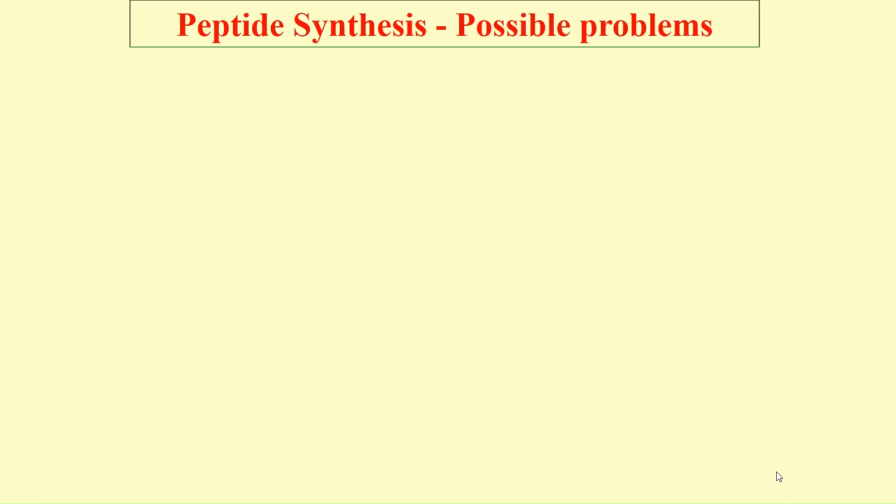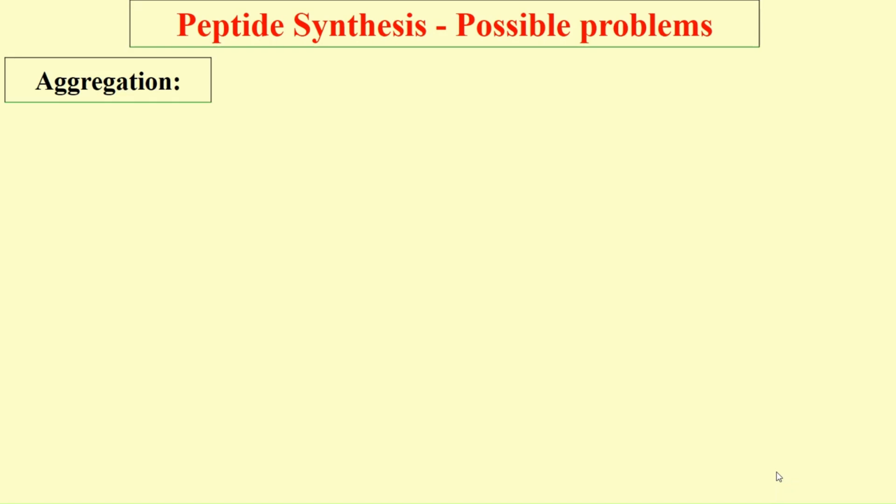We are dealing with the synthetic strategies for peptide synthesis. We know that it can be effectively synthesized both by solution phase method and by solid phase method. In both the methods, we use either convergent strategy or sequential strategy. Any of the methods we use, it has some problems. Today's subject of discussion is the problems faced during the synthesis of peptides.